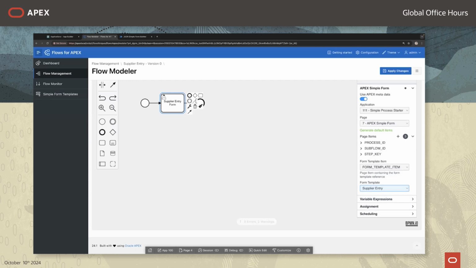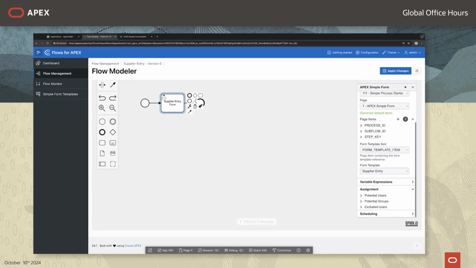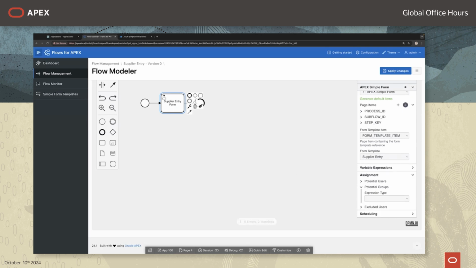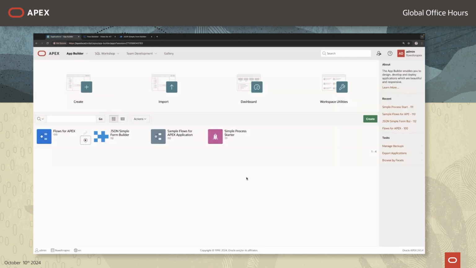So what really matters here is the form you would actually like to display. There's one setting here that's required as well, and that's actually the authorization. So who is able to execute this task? And for that, in the application simple process starter, I have an Apex role being set up, and that's called admin. So if the user is part of that Apex role, admin, it has the possibility to execute this task. So now save the changes over here,